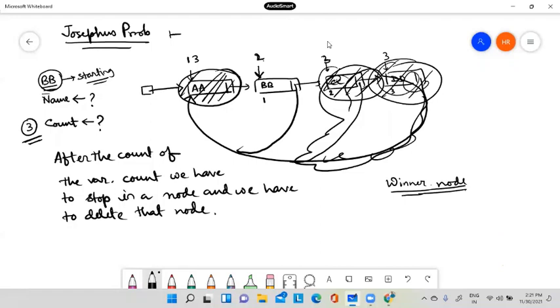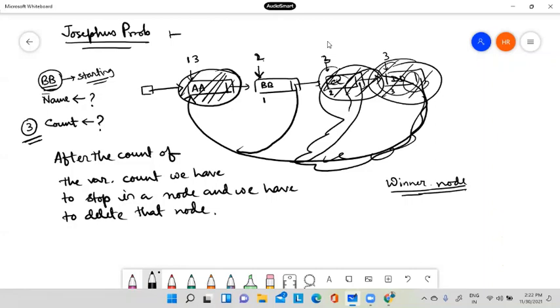And in our childhood days, when we play hide and seek, we always try to use this type of thing: counting, and then one person goes away. So the same procedure is used here, to take the horse Josephus from the battlefield. There are many soldiers left, and who will take the horse and run away from the battlefield is decided with this mechanism. So that's why this problem is called the Josephus problem, and this is one classical example, or application, of a circular linked list.